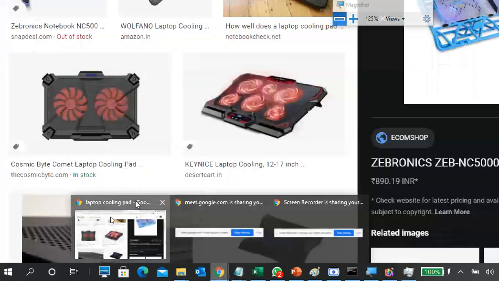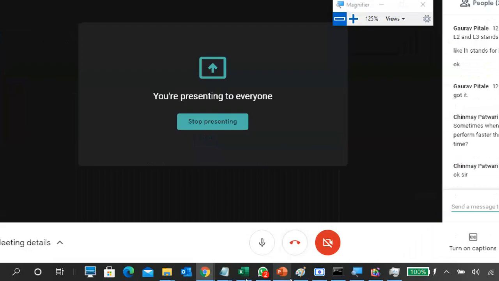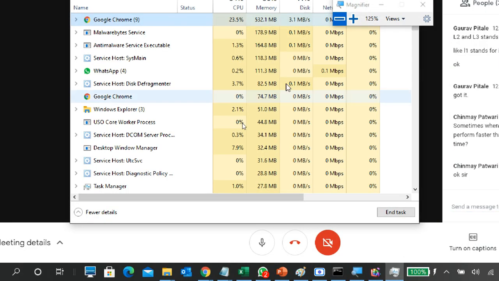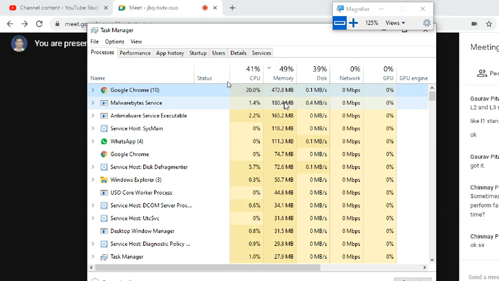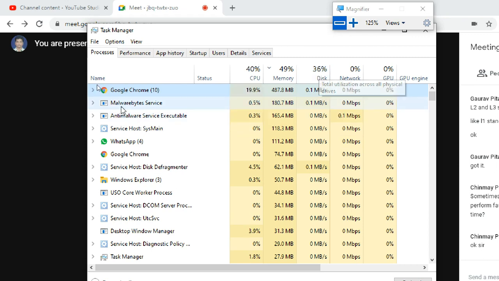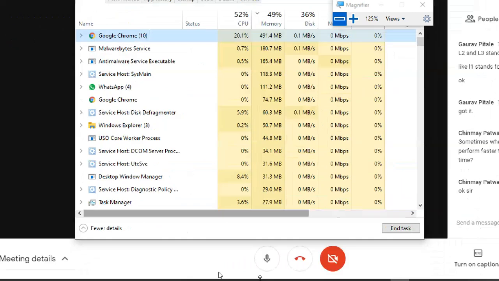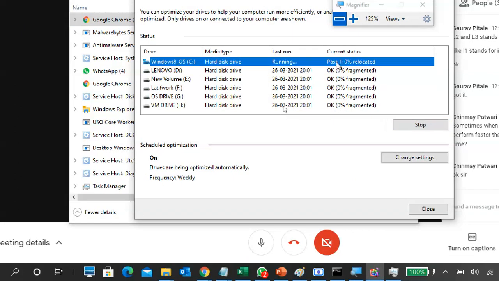I want to show you something. I'm going to close two tabs. Check here whether the memory utilization is reduced. It is showing more, but eventually it will reduce, because there were a lot of pictures and all. It will take time to go down slowly. Next is the disk utilization. It is showing 35% because I am running other processes also. Defragmentation is also running. Why is it still not completed? No problem, let it run.